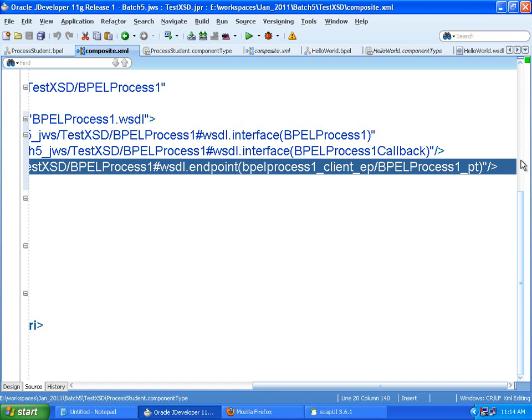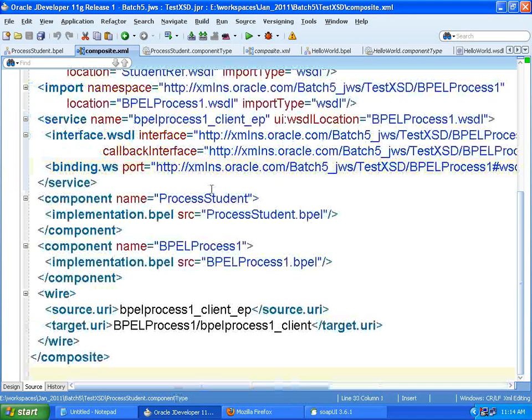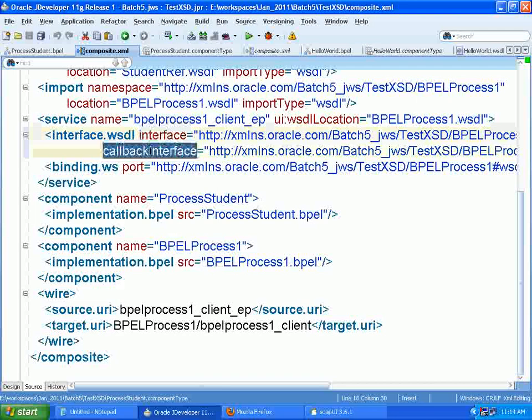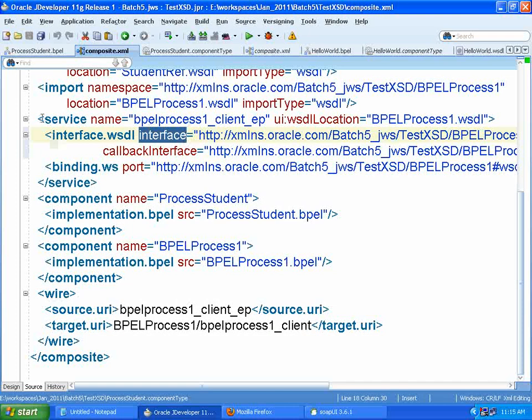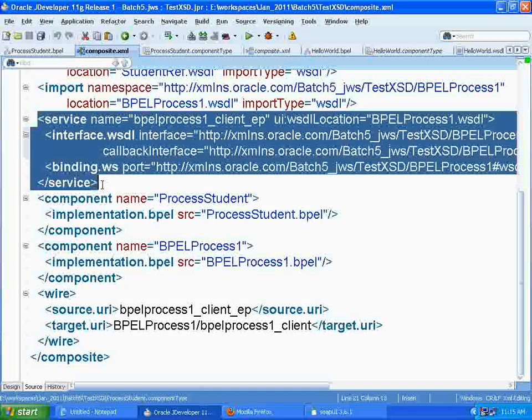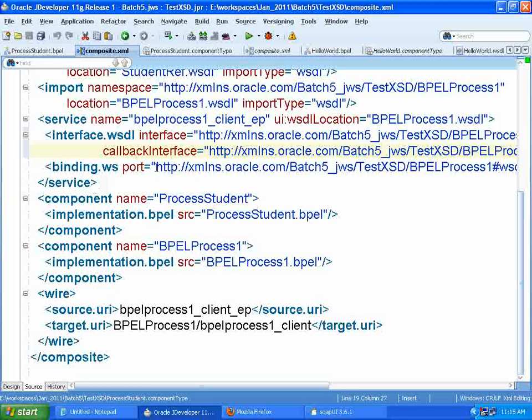Okay, and here you may have multiple interfaces, and one interface is the main interface, the other interface is the callback interface that the user is calling back. Okay, and if you have multiple interfaces, you can still do interface and you can bind it, but it is very hard for the process to identify which interface it is. So that is the reason you still have only one interface per service, and if you want to do the same thing, you can create one more service. You can create one more service and you can create one more interface for that, and you can bind it,